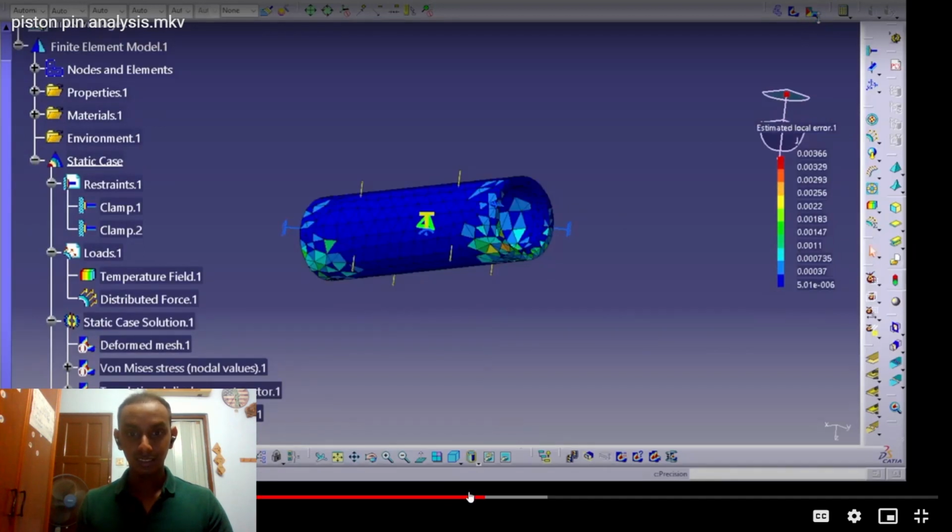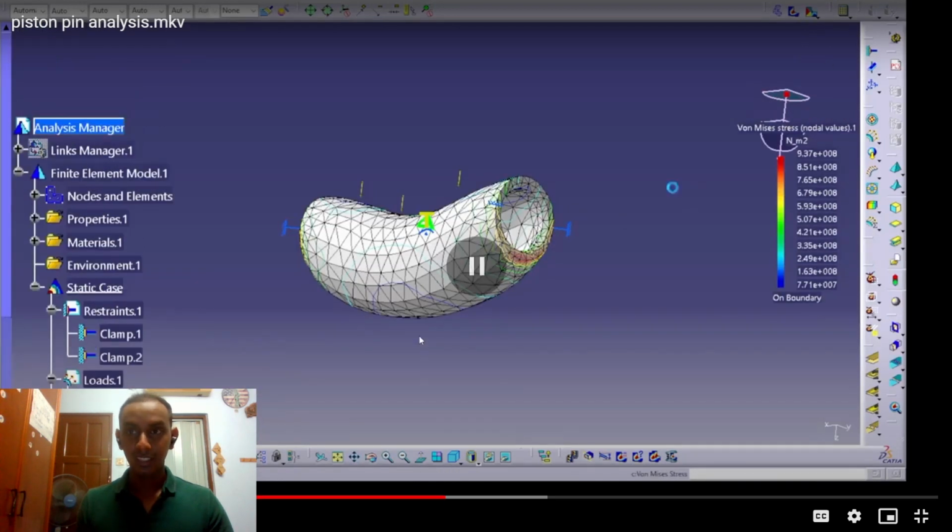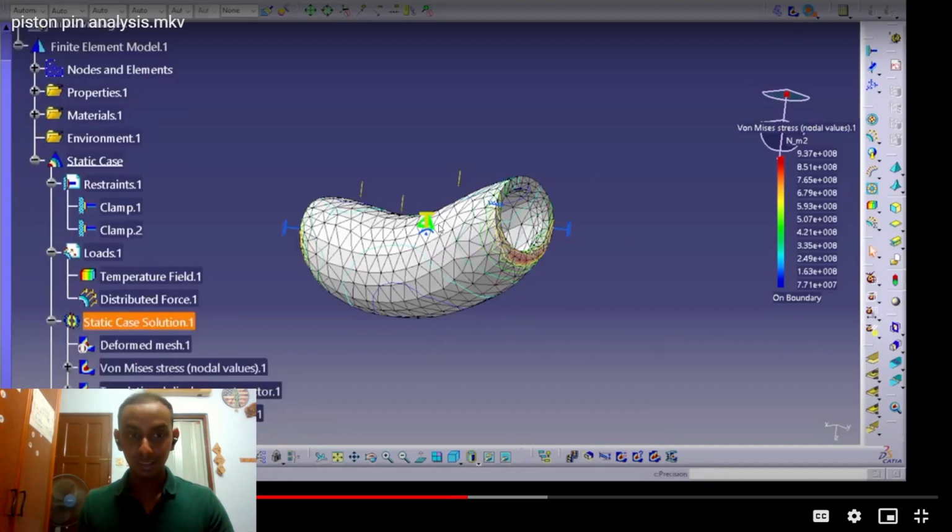Here is the von Mises stress, but applied on a different level. As you can see here, the colors prove that this piston pin is able to withstand the amount of force that has been applied, which is marked as the dark blue and light blue areas, which confirms the structural integrity of this piston pin. A thermal analysis was also done,